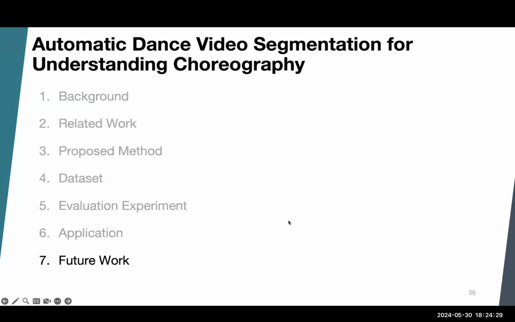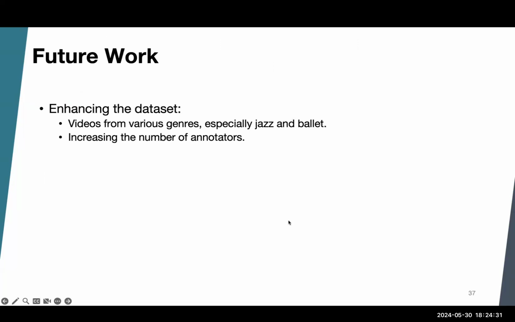Finally, I'll show you the future work. Firstly, we aim to enhance the dataset. The current dataset focuses on street dance, so we plan to collect more videos from jazz and ballet genres to verify whether the proposed method can segment these videos effectively.